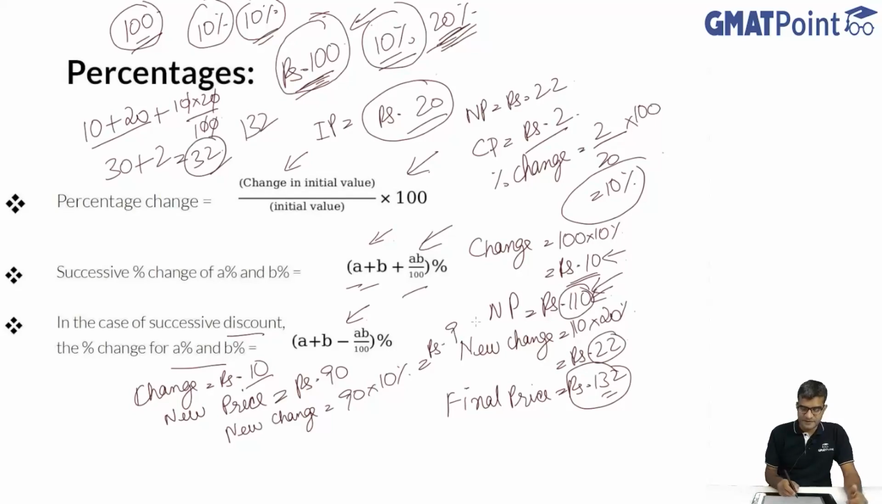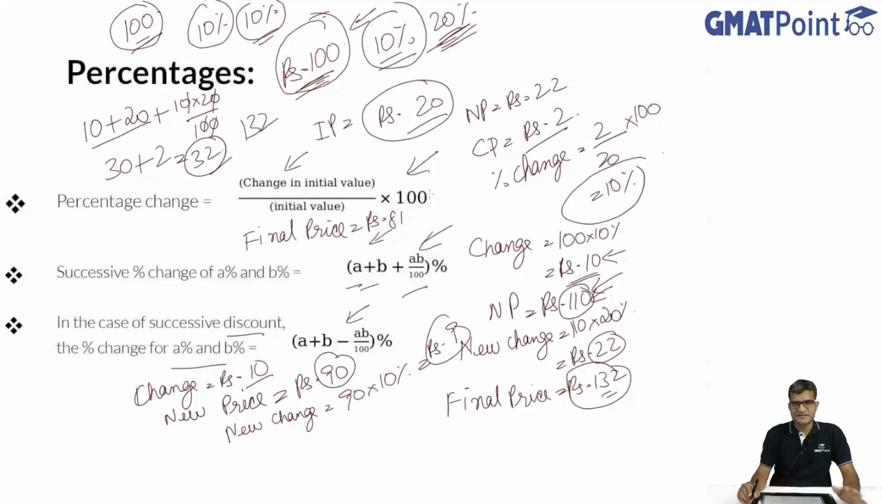And therefore the final price will be 90 minus 9, which is rupees 81. You can do it step by step, there is nothing wrong with that. But if you use this formula, you will get the final price directly. You don't need to calculate the intermediate price of rupees 90 in the middle, which you will get after the